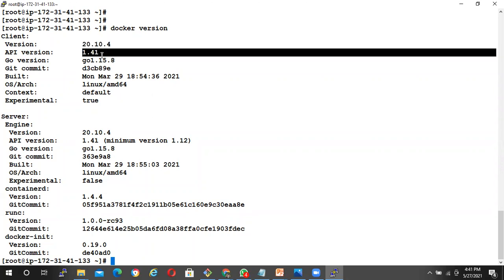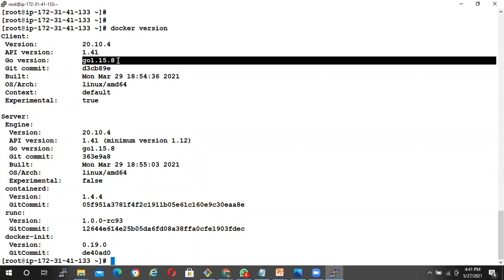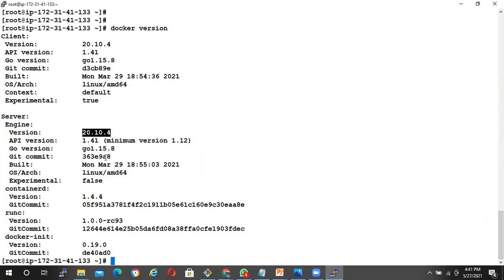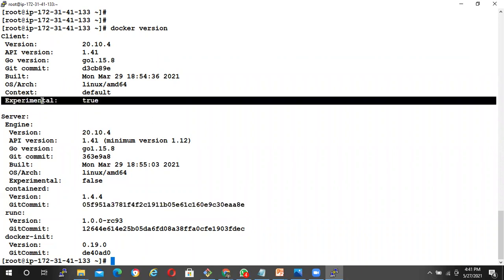And the API version is this one, the Go language is this one, etc. Of course, I think the server engine is also the same. API version is this, etc. And yeah, this is open source, right? So the Git commit and all those, the exact code is also being displayed. And experimental tool means it can be used for production grade installation as well, because